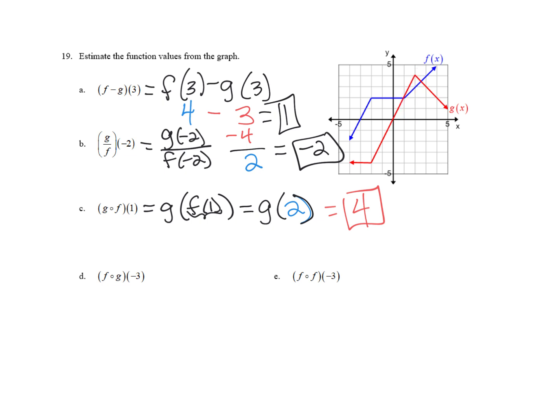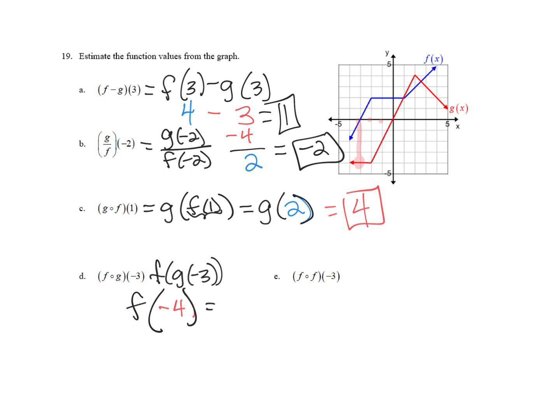All right, look at F of G of negative 3. That means we're going to do F of G of negative 3, meaning I'm going to have to go find G of negative 3 first. So G is my red function. So negative 3, 1, 2, 3. It's at negative 4. So I'm going to go plug that in. F of negative 4